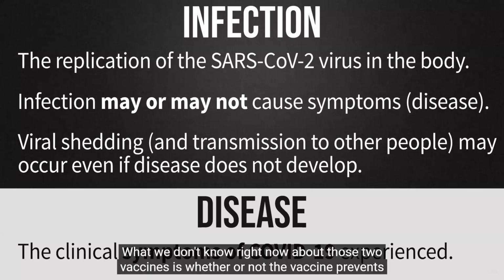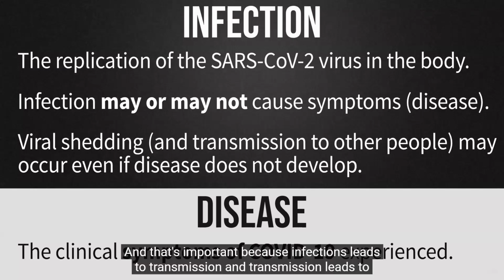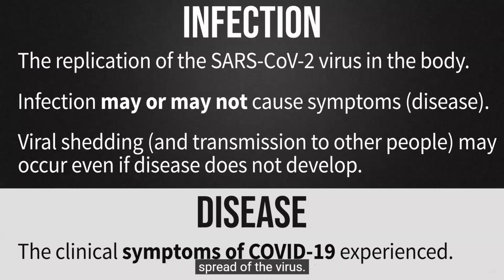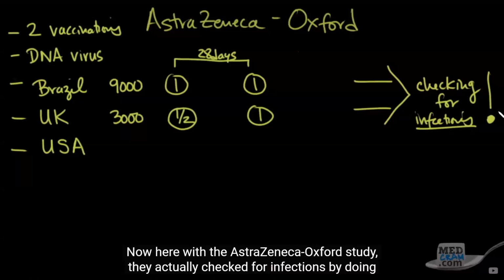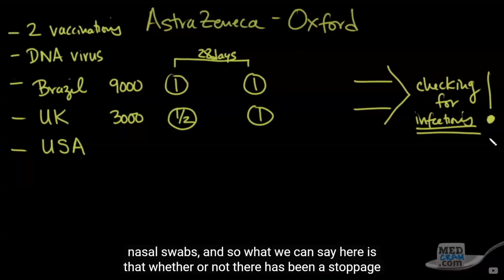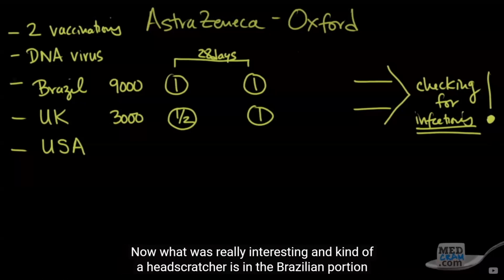What we don't know right now about those two vaccines is whether or not the vaccine prevents infections. And that's important because infections leads to transmission, and transmission leads to spread of the virus. Now, here with the AstraZeneca Oxford study, they actually checked for infections by doing nasal swabs. And so what we can say here is whether or not there has been a stoppage or a ceasing of transmission and therefore infections. Now, what was really interesting and kind of a head scratcher is in the Brazilian portion